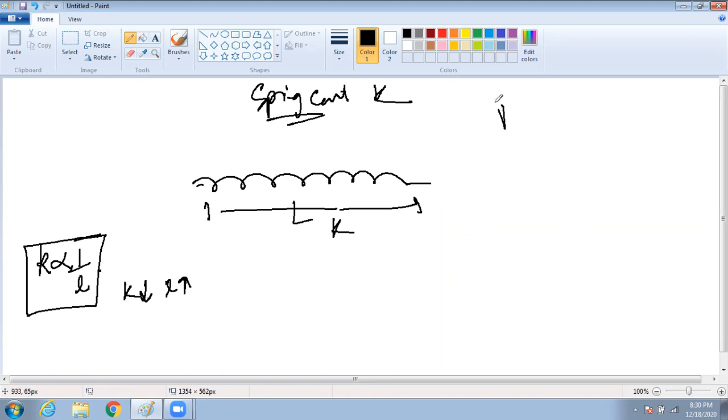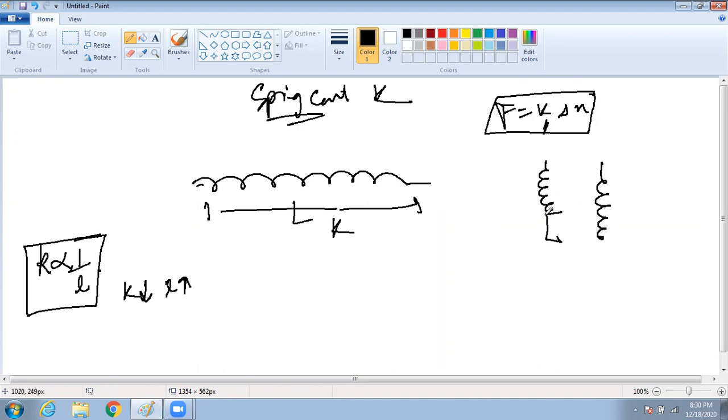See, what is F equal to Kx? F equal to K delta X, no? So what is constant here? We are talking about K as a constant, but it is constant for a particular length. You have a spring here. You are extending the spring up to here. That means you are considering the length to be here initially, and again it got changed to here, right? That means your K will be constant if the spring initially was like this.